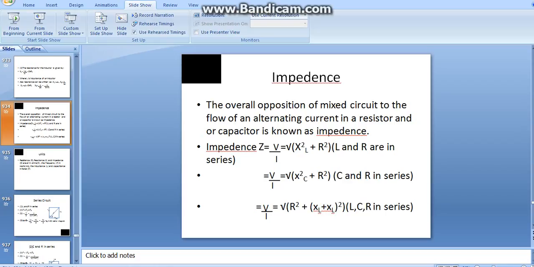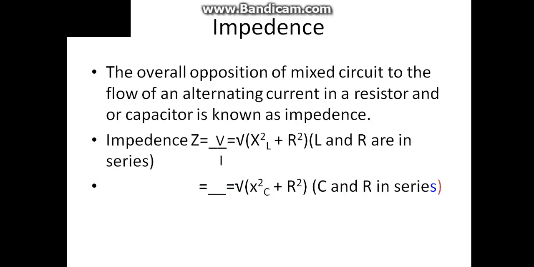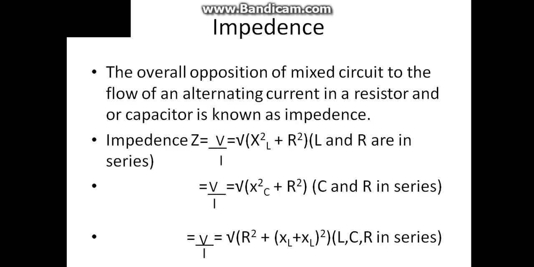Impedance Z is equal to V over I, which is equal to the square root of XL squared plus capital R squared, where L and R are in series, which also equals V over I, which equals the square root of XC squared plus R squared, C and R in series, which also equals the square root of R squared plus